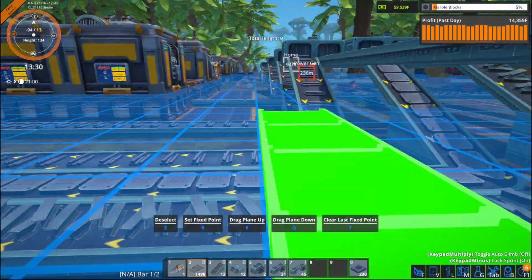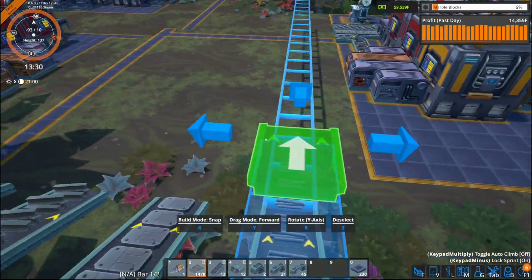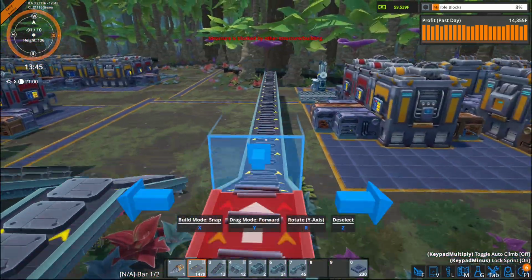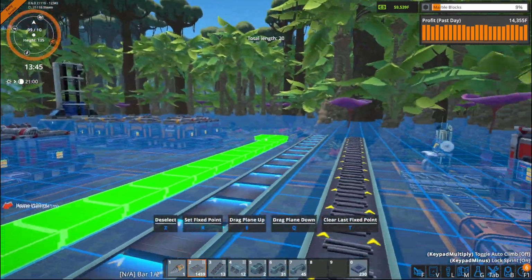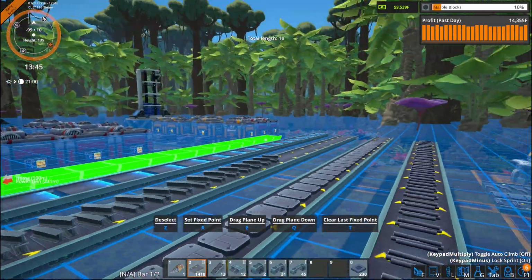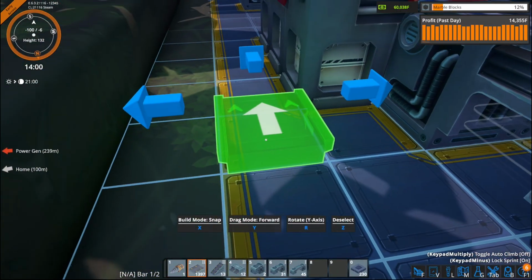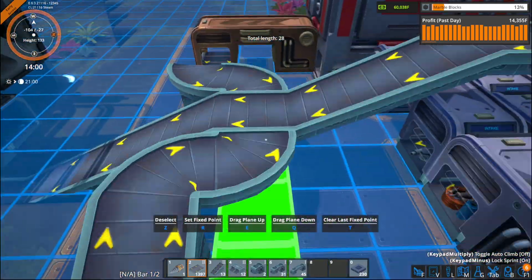This is going to go along. It's much easier if I get on top of the belt. It's just easier to drag from the top. You can see a lot better. So, okay. So again. Now we're going to have to actually come in here like this, turn this way,